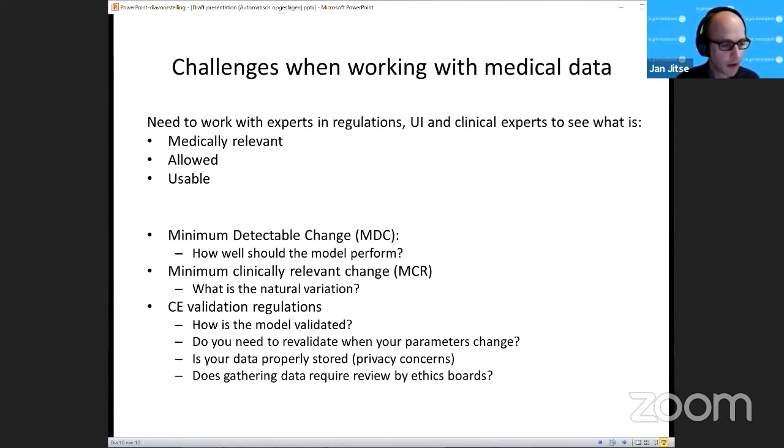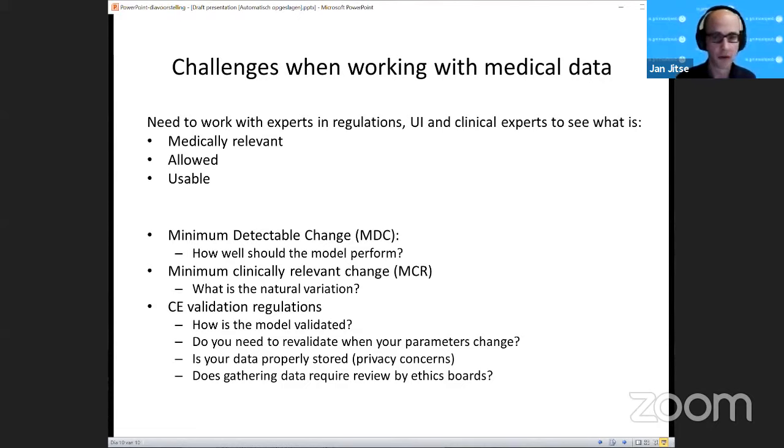And then, I'm based in Europe, so there are all kinds of rules, CE validation rules. In order to advertise your app for medical purposes, you need to apply a whole bunch of rules. For example, you need to show documentation that your app works as intended and is not dangerous.